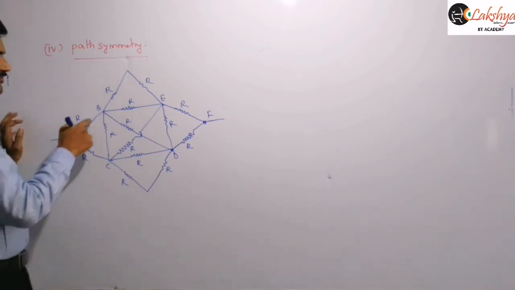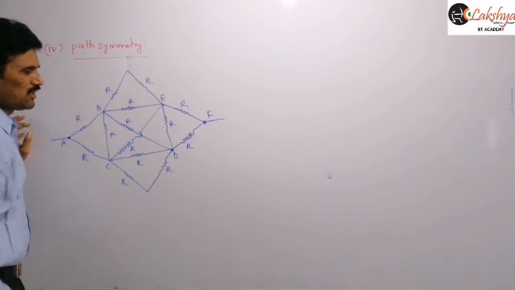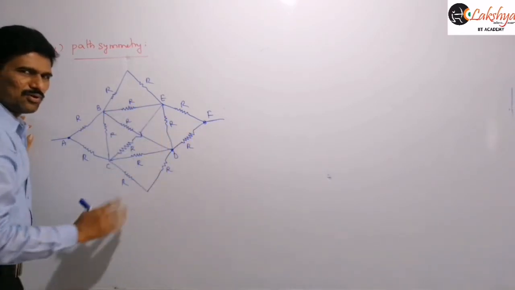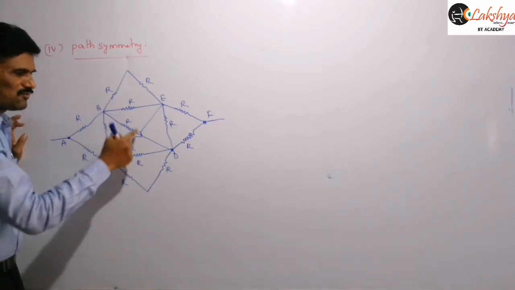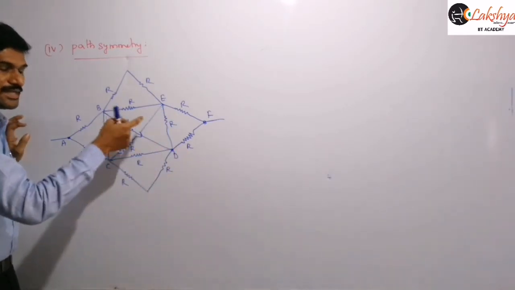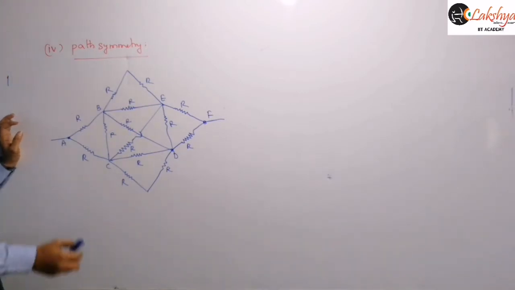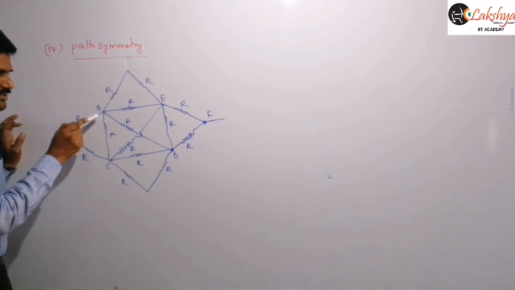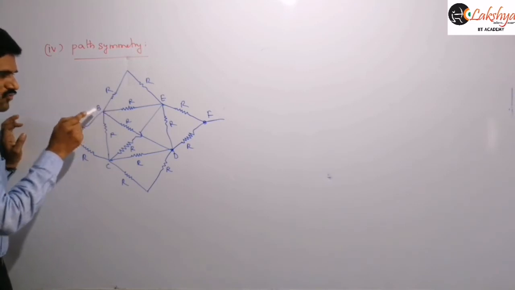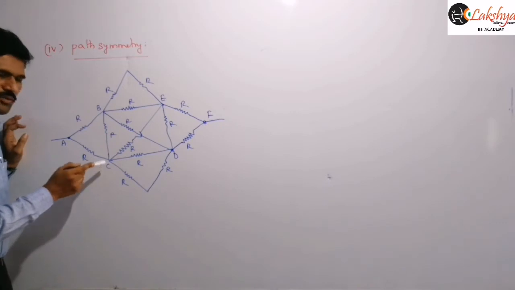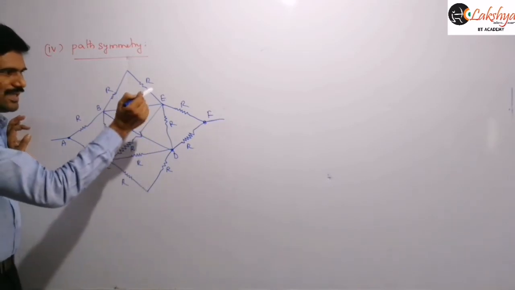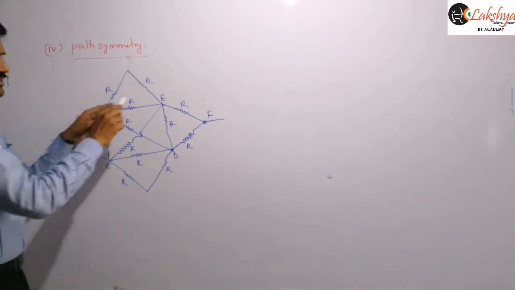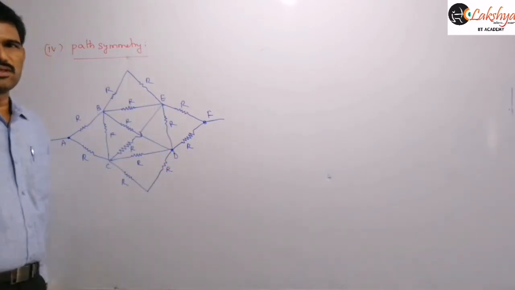That means when you are traveling along ABEF and when you are traveling along ACDF, whether the paths are the same or not. That means whether they have the same amount of resistors, right? And the same configuration of resistors also. Configuration means here, at the point B, for example, say this 1, 2, 3, 4, 5, 5 resistors are connected here, and at the point C also 5 resistors are connected. At point D also 5 resistors are connected, and at point E also 5 resistors are connected. That means this part and this part are exactly the same, right?